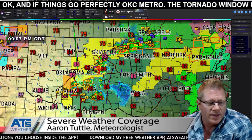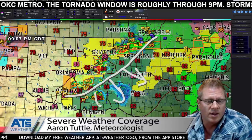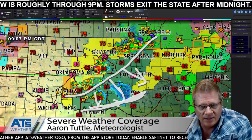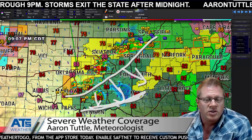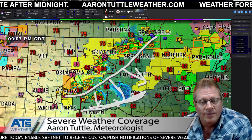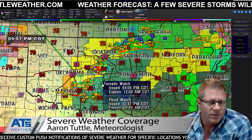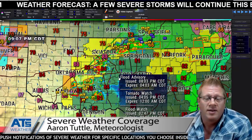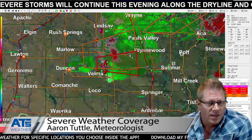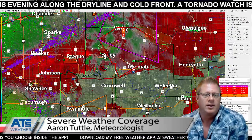Okay, well, that squall line will then solidify in this area and press south and east rather quickly through the midnight hour, finally pushing way down here close to midnight, then eventually exiting Oklahoma a little after midnight. So what I'm telling you is you're probably going to get a squall line if you live anywhere south and east of this line, but it's going to be a while. And that squall line means wind and hail, so no tornadoes. We're already at 9 o'clock, so our tornado window is quickly closing off. So if it doesn't happen within the next, I'll give another half hour, then odds are it's probably not going to happen. Okay? Alright. Let me see what...